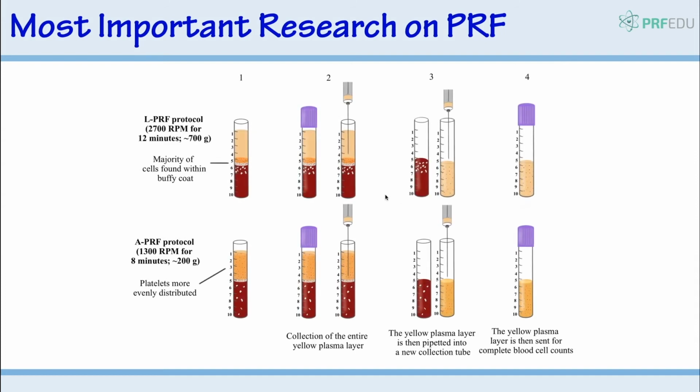The problem with this technique is the following. When you look at some of the L-PRF protocols, and as you've seen from Dr. Ghanaati's work, a lot of the cells, when you spin fast, bunch up either at the buffy coat zone or in the red zone. So here you see they're all bunched up. But when you draw out all the plasma and you go to quantify this, it actually doesn't look too bad here. Okay, this is decent. Now you have an average of this,